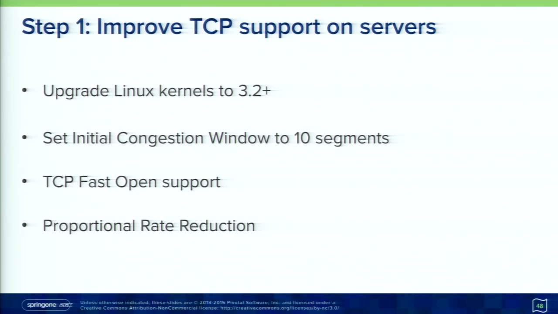Another important one is proportional rate reduction. Whenever you have a long-lived connection, like HTTP 2, if you're losing packets, previously it was basically retrying slow start, so you were punished really hard for those lost packets. With PRR, you're dropping a bit, but you're getting back to full speed much faster. So that's also a really nice improvement. It's really important for HTTP 2, but it's also a really good thing for HTTP